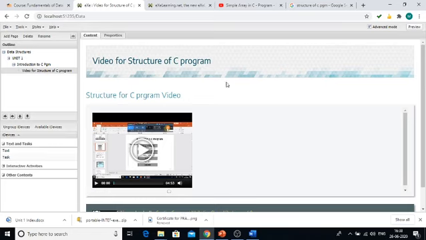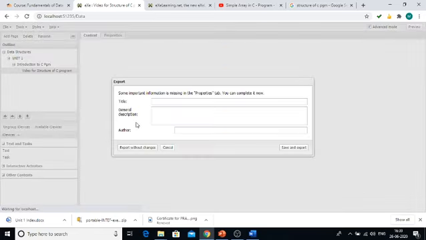Wait for some time until the entire project package gets saved. Okay, now your e-learning package got saved in my system. Now you have to go for export. So go to File, Export. How do you want to export? I want to export as an educational standard under IMS content package. So go to File, Export, Educational Standard, IMS Content Package.